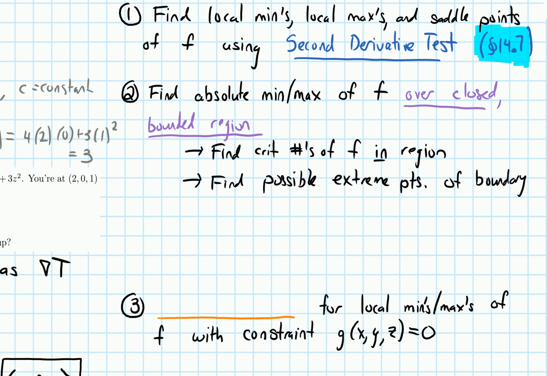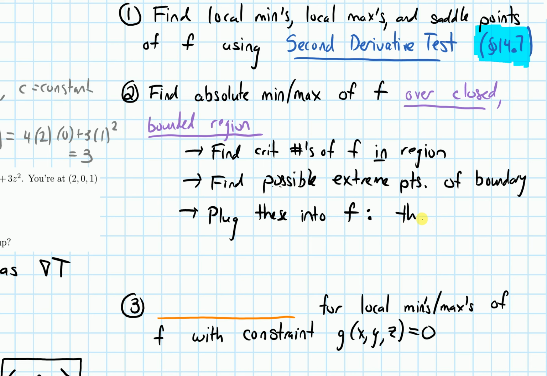After we have the critical numbers that are in the region and the possible extreme points of the boundary, then we plug these into the original function. So these critical numbers and these possible extreme points on the boundary are the candidates where this absolute max and this absolute min might happen. So you take the candidates, you plug them into the original function, and when you do